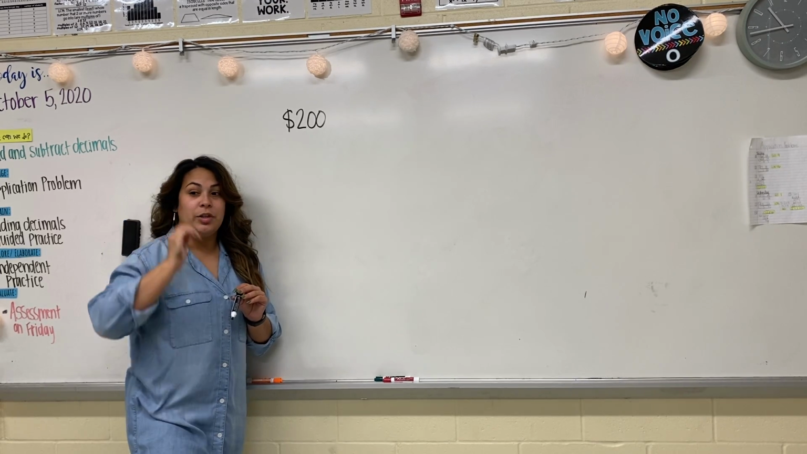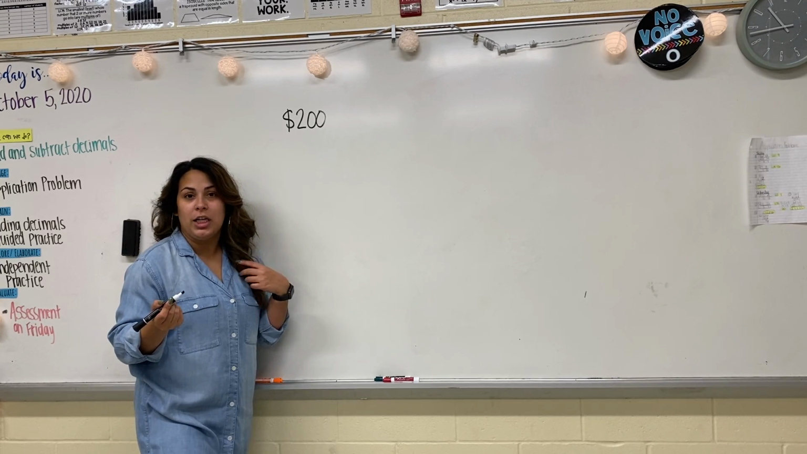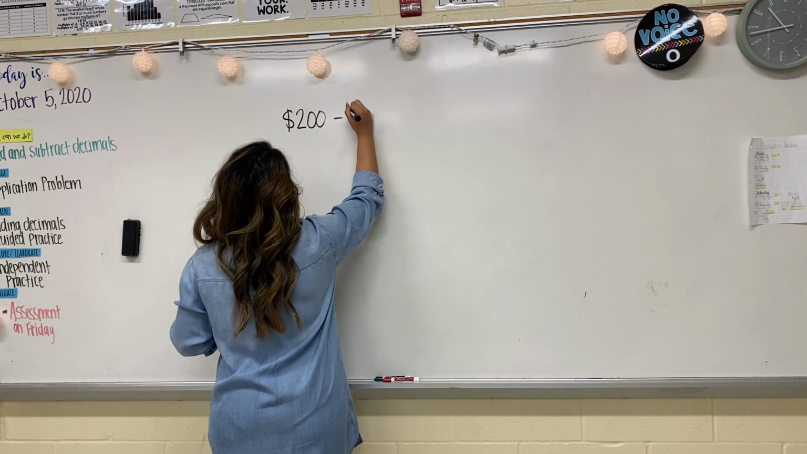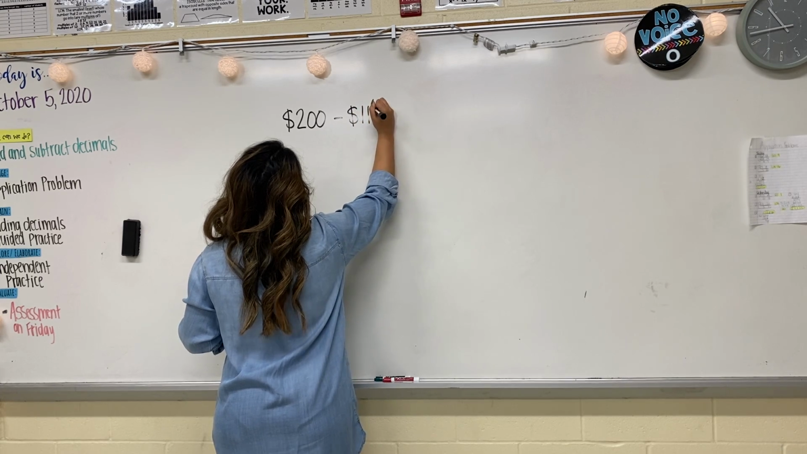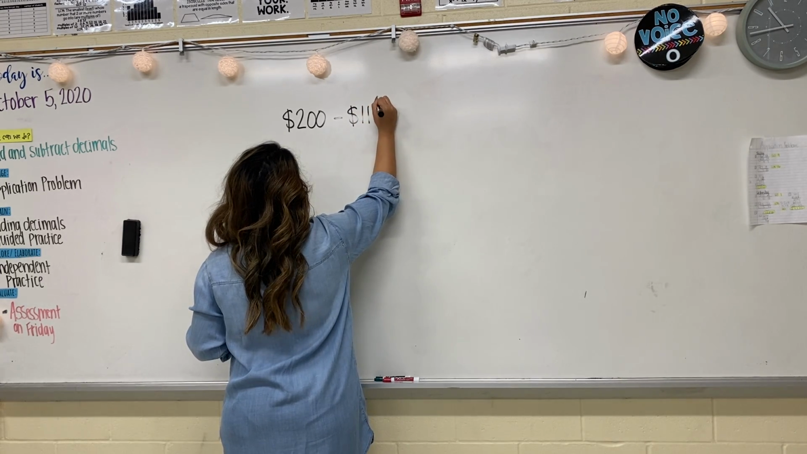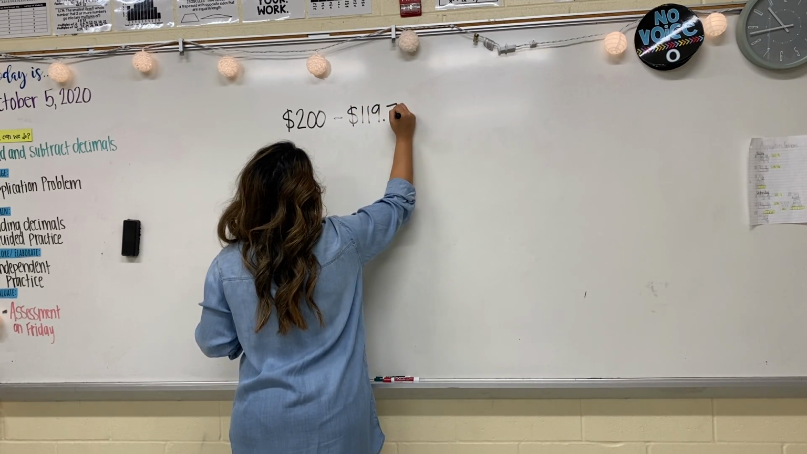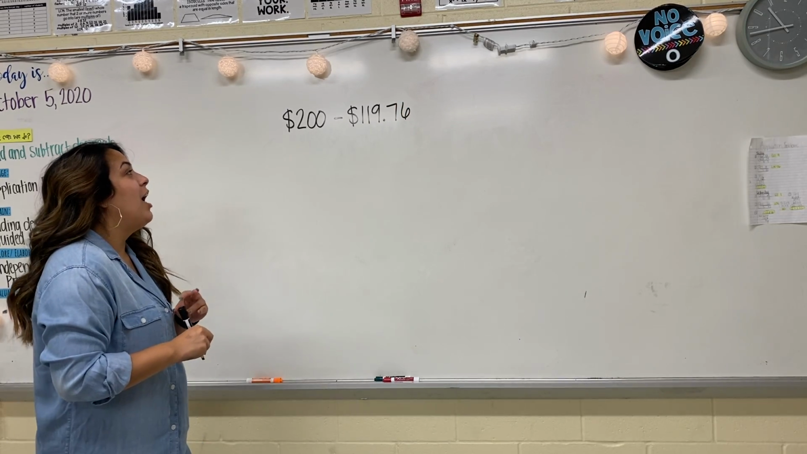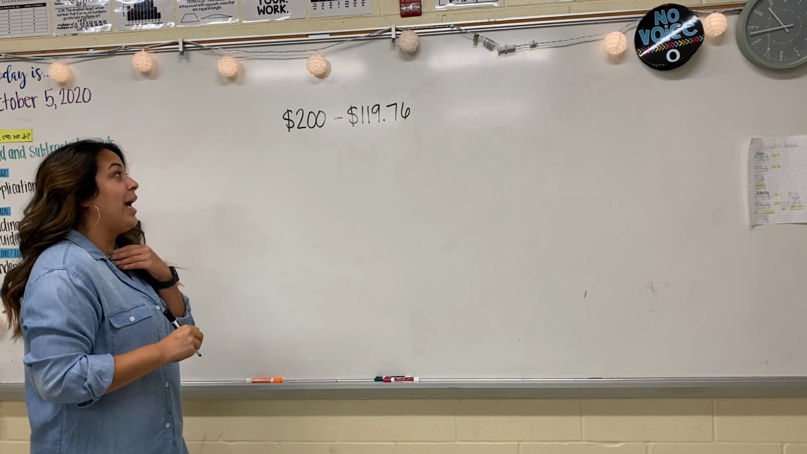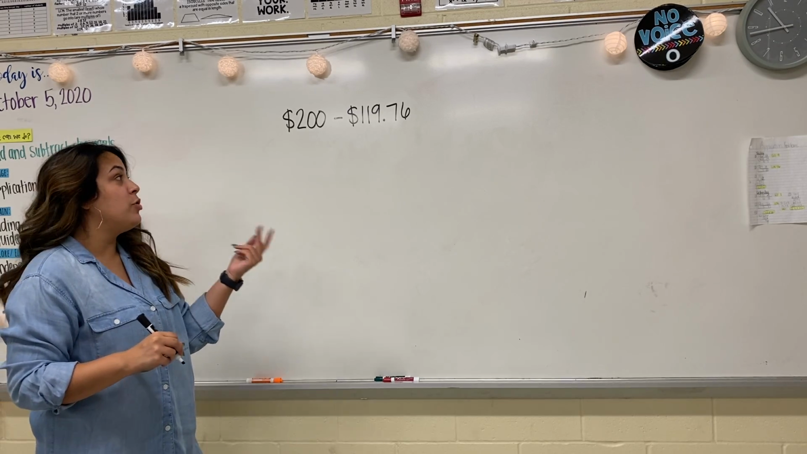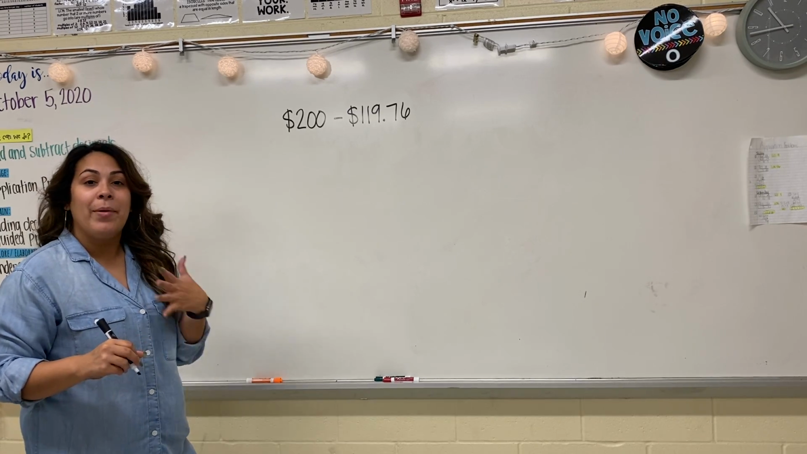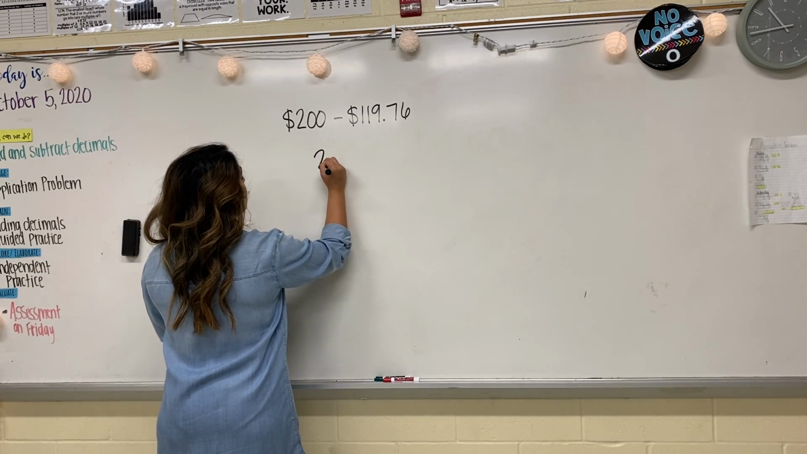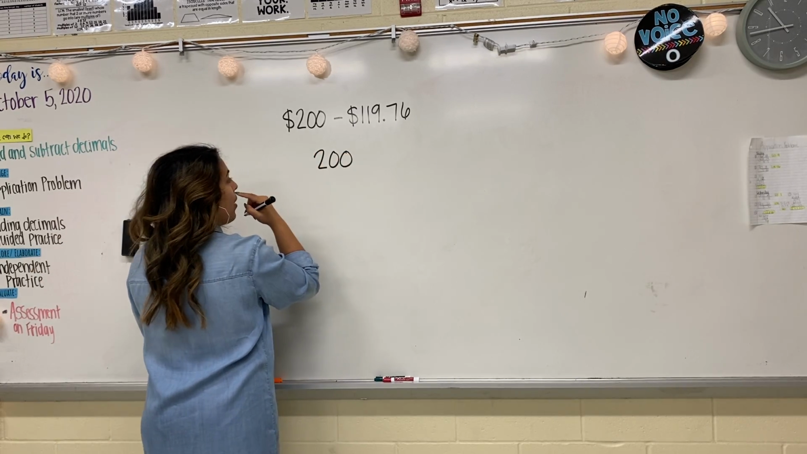So let's say this particular pair of Jordans, again, is $110. But after tax and stuff, it comes out to be $119.76. I'm just making something up right now. And so I want to know, if I give them two $100 bills, how much change am I going to get back? So I'm going to write 200,